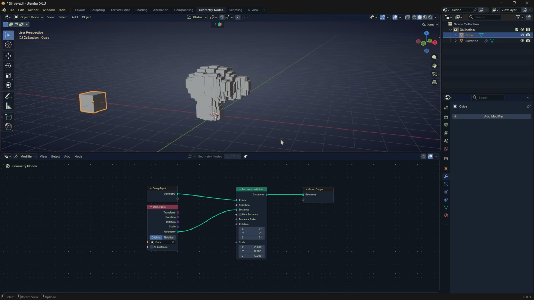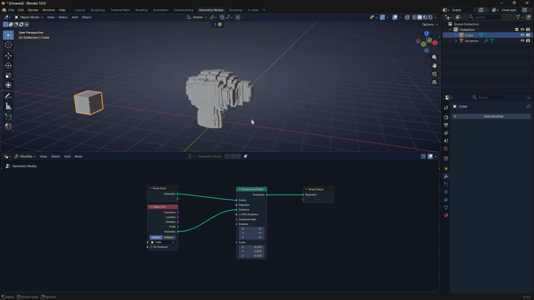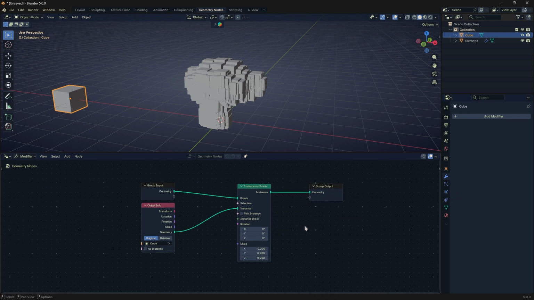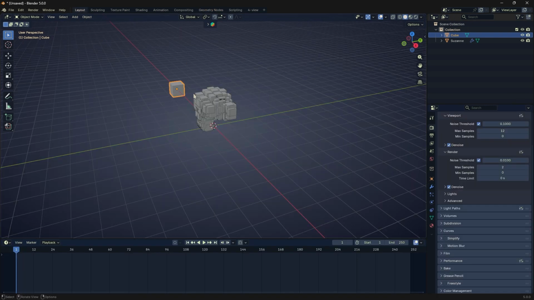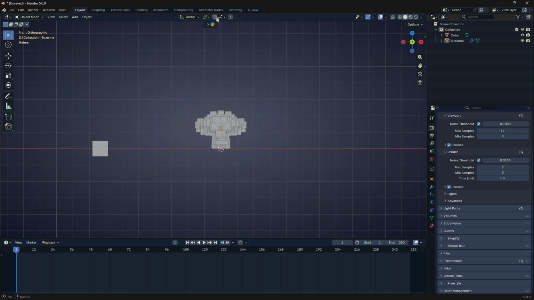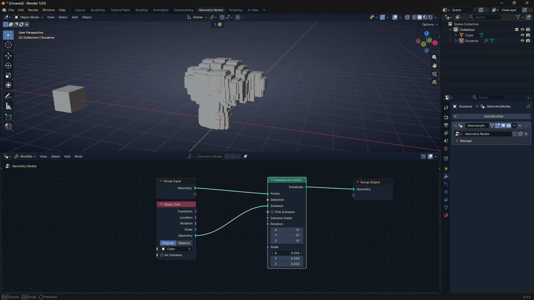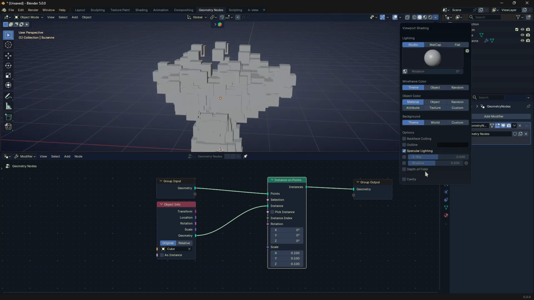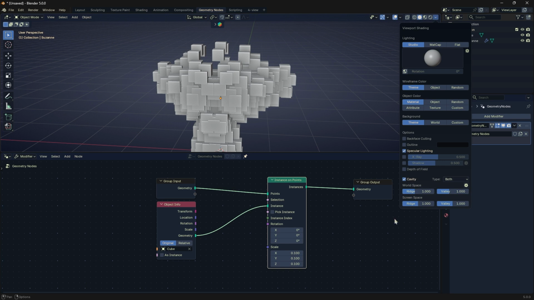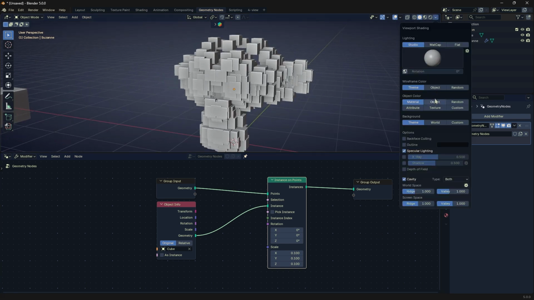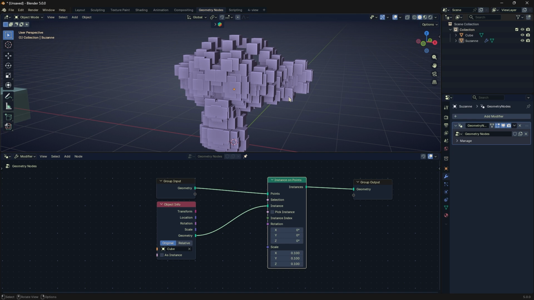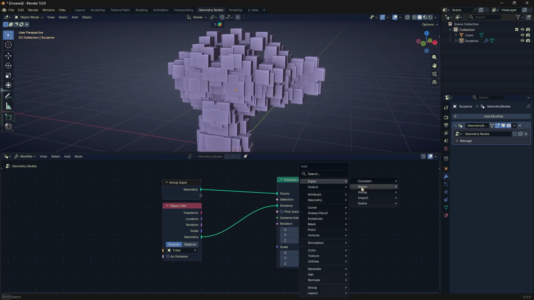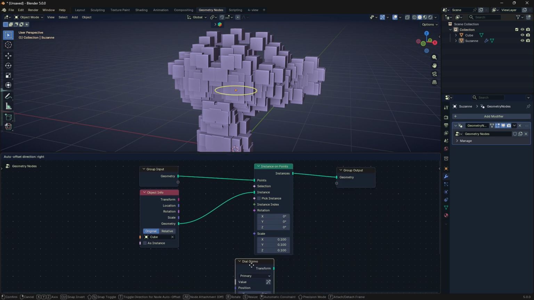Alright, so welcome back to the next part, where we are going to learn about the next input, which is Gizmo. We have this setup from the last Geo Node video, and let's actually do 0.1 here. Yeah, this looks good, and let me add a random. Yeah, that looks much better. Okay, great. Now, when I use Gizmo, first let's start with the Dial Gizmo,